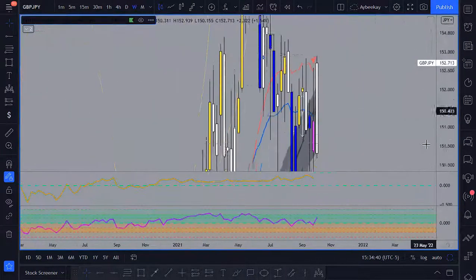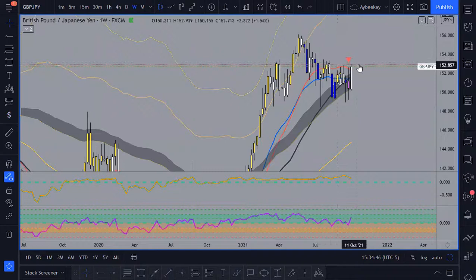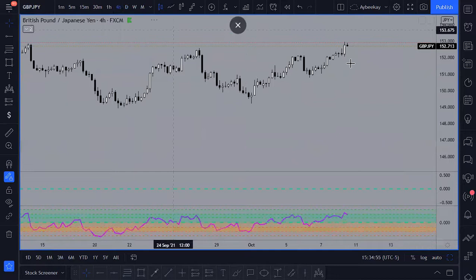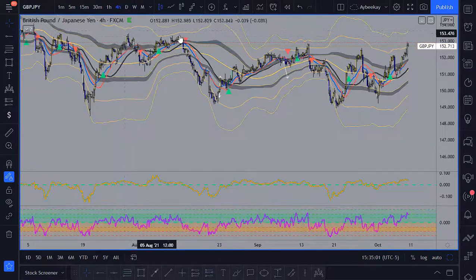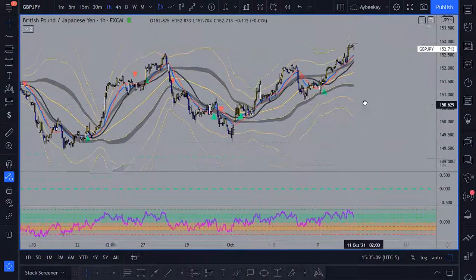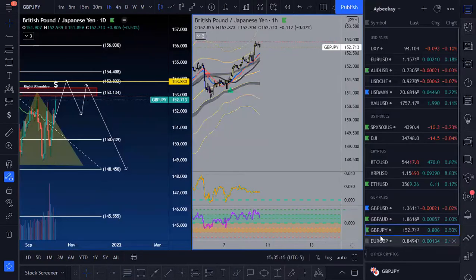GJ weekly time frame called for this sell last week. It's doing the retracement. If it holds right here, I won't be surprised for it to continue for a potential fall. Daily time frame called for a buy just on Friday's candle close, but again, I wouldn't try to buy once price is at these highs. It's just not for me. It's no bueno. I would rather wait for these equal highs to get ran through, and then for price to come back down before I try to get in. So that's for GJ, but it was extremely bullish last week, man. So I'm going to go ahead and take that off.